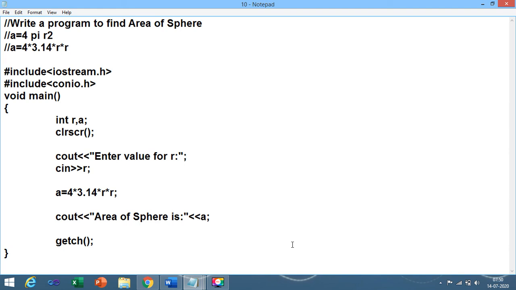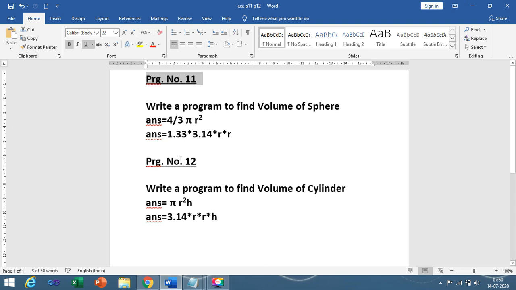Right? After writing program number 10, let me repeat once again, we need to write two programs, program number 11 and program number 12, in your journal. I am clearly giving you the instructions that these two programs you need to write in your journal, and you need to number them program 11 and program 12. I am going to share the notepad file of these two programs in our next session, and then we will continue with the remaining topics.